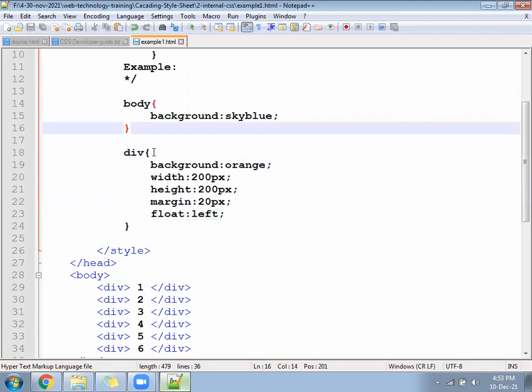So it is one to many: CSS in one place and HTML in many places. Go ahead next.